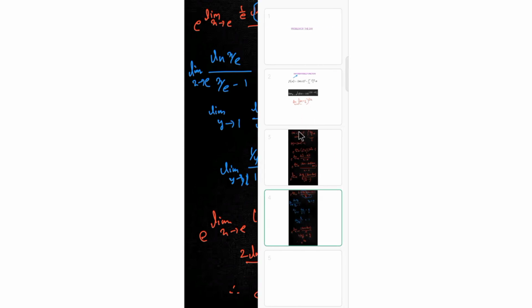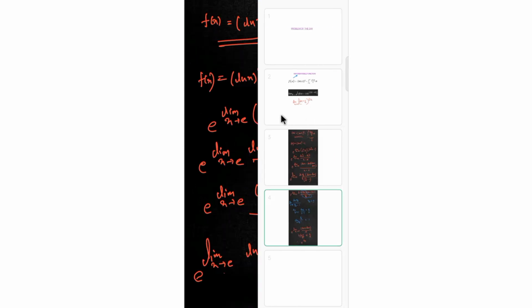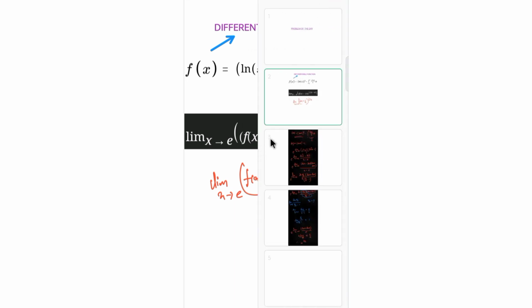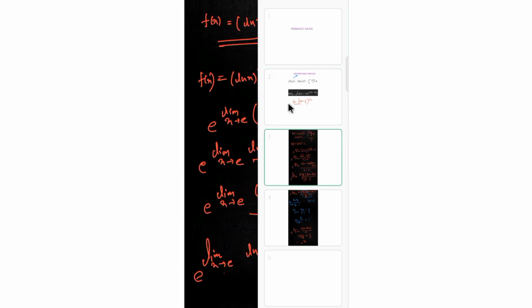I hope you guys understood. This is a very good question, an Olympiad-type question, or you might say JEE Advanced level, or for any other highly proficient math exams. There's a lot of manipulation in the solution, and this is the only way I would say of solving this problem.